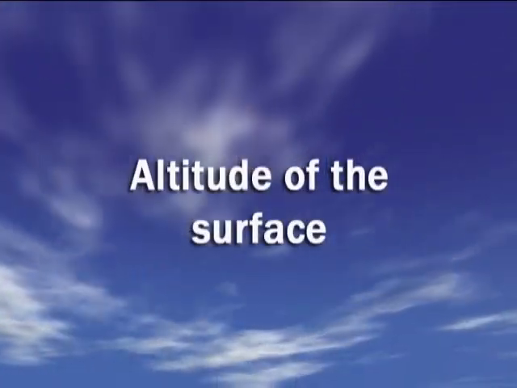Okay? Another aspect that we're going to highlight now is related to the altitude in which the surface is found. For example, a surface that is at 1,000 meters of altitude, receiving a certain amount of sunlight, will heat up in an X way, let's say. The same surface, the same composition of surface, 1,000 meters below that, is going to heat up in the same way as a surface 1,000 meters above. But we will have something interesting happening there between these two surfaces that are at different altitudes.